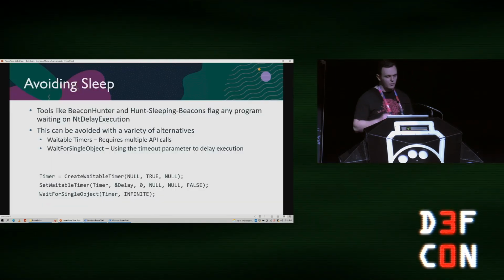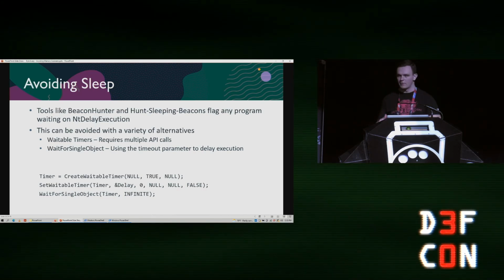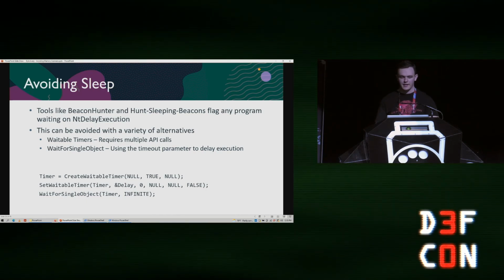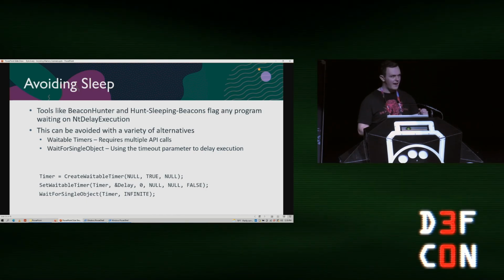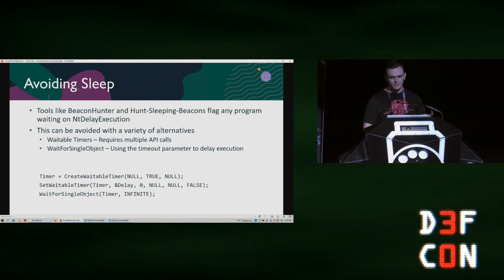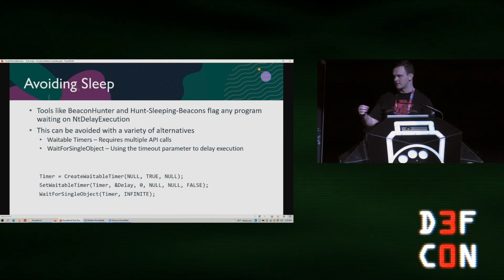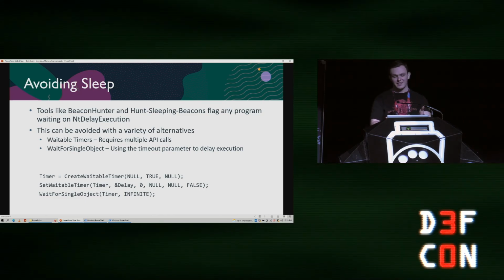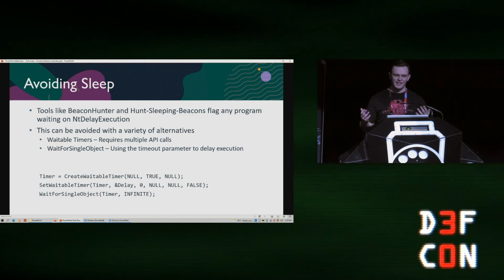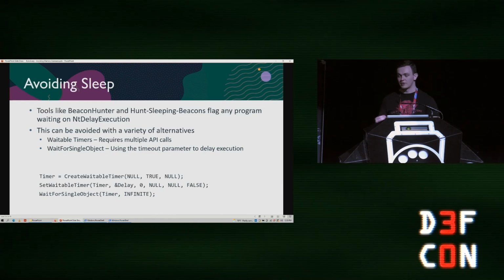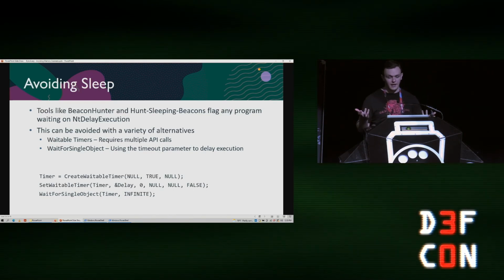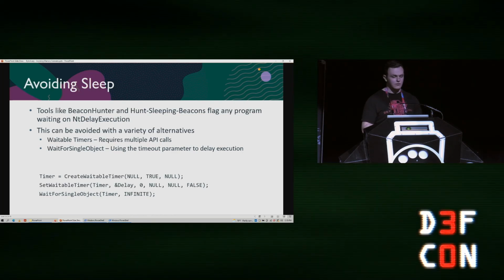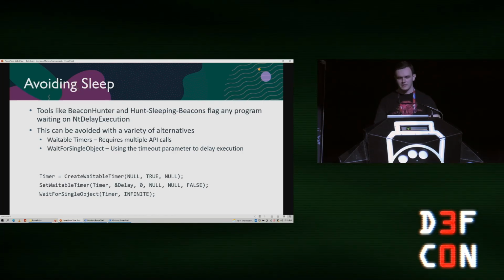All right, so the next thing we want to do is avoid sleep. And what I mean by this is if we want to bypass some of these stack tracing capabilities, like Hunt-Sleeping-Beacons, we have to avoid using NtDelayExecution. So even Foliage, which bypasses tools like Moneta and PE-sieve, as it is on GitHub, it's going to get caught by Hunt-Sleeping-Beacons. Again, these generate lots of false positives. It's not a great indicator, but it is something that I'd like to avoid. There are a couple ways we can do this that just don't use Sleep or SleepEx or NtDelayExecution. We could